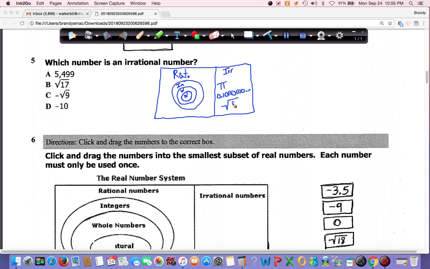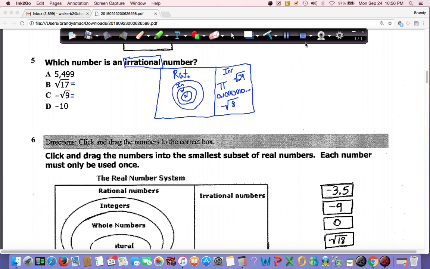Also, anything that is not a perfect square, so the square root of 8, the square root of 29, the square root of 31, anything that's not perfect would go under the irrational side. So now I want you to look over here. If it has a square root symbol, you gotta figure out the answer. If it is not perfect, meaning you hit that square root button and it doesn't give you a whole number answer, it's irrational. If it does, then it's one of these things over here. Maybe an integer, maybe a natural number, but it's something on this side. We are looking for irrational. And remember, since it says which one is, only one of these will work. So you're going to have to do some math, write down the information I have up here, and then let's move